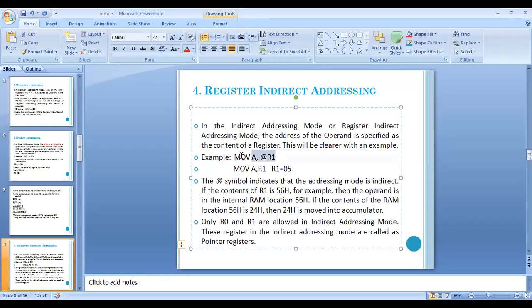What does it mean in the indirect addressing mode? See here, same instruction, MOV A, R1, but there is an ampersand sign. So whenever there is an ampersand sign, it is an indirect addressing mode. Means what? Whatever the value of R1 is treated as an address. Means what? If R1 is 05, then R1 is treated